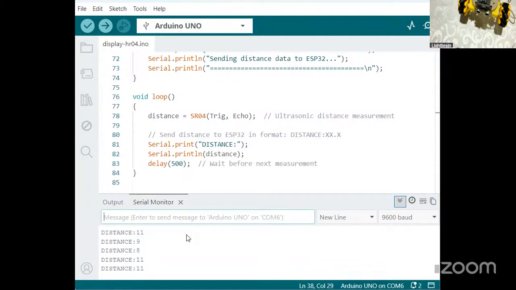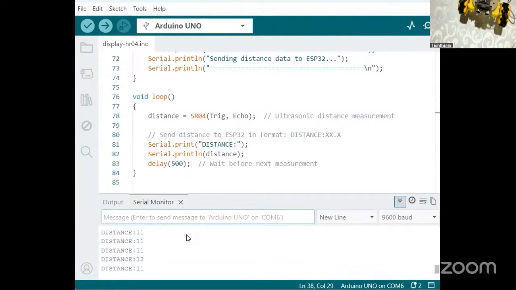Now, what we want to do is use the ESP32 to send it to a web page, where we can see it not only here on Arduino, but we can also see it on our screens or on our phones or anything that we want. But for me, since I want to use the computer, I'll just show the demonstration from my computer, so that you can see exactly what you will see on your